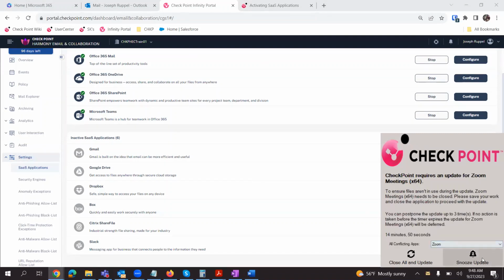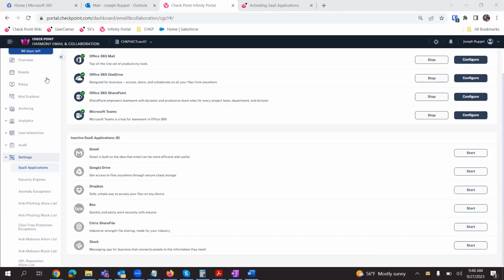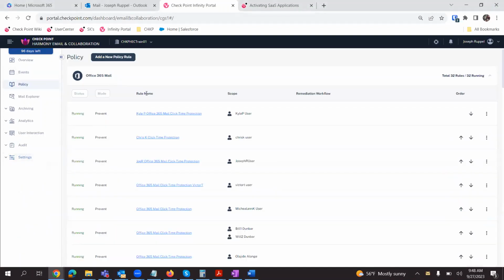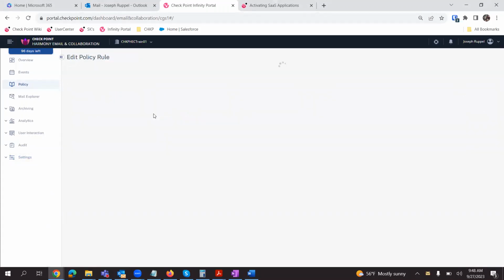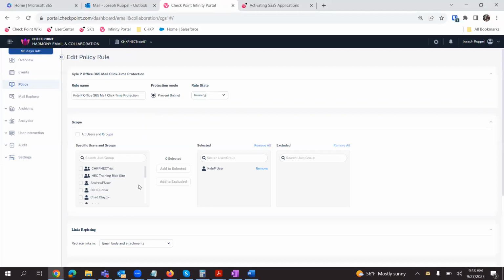So yes, there is certainly a way to whitelist and blacklist. You can do it based on a couple of things. First off, you can actually pick which users you want to apply this to. If you have a certain group of users, like there's a group here, and then there are also specific users, you can pick which users this even applies to, or you could exclude a user. You can also blacklist